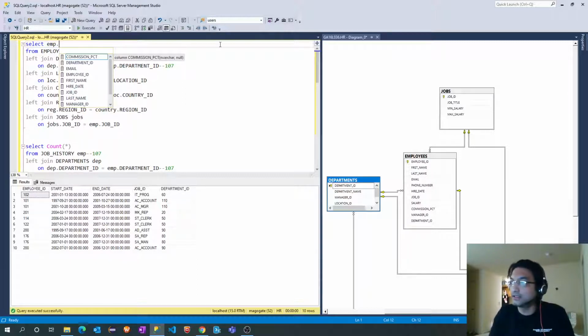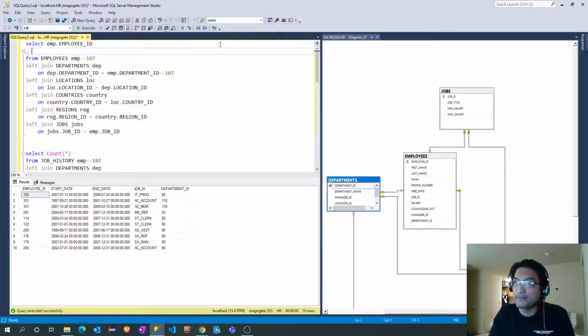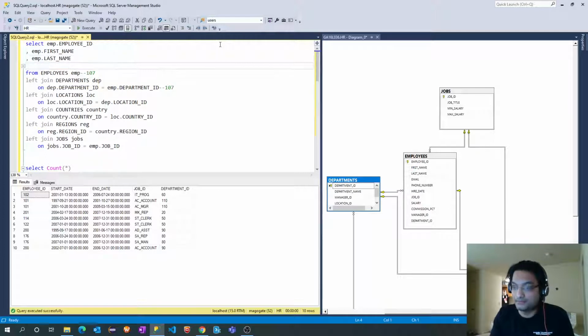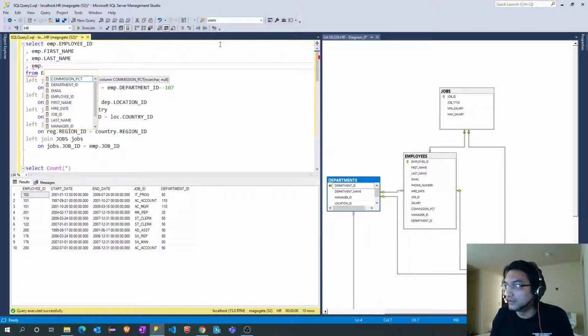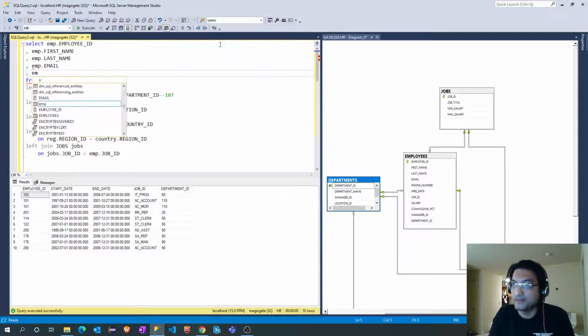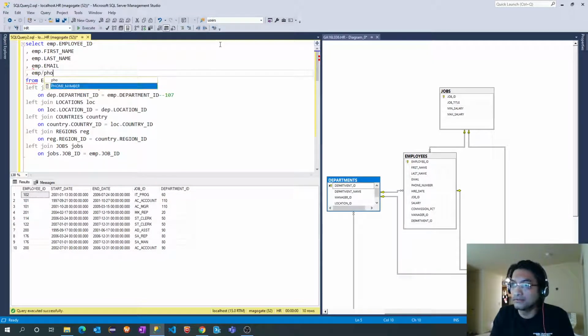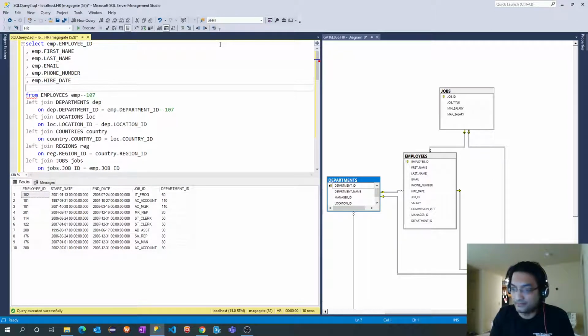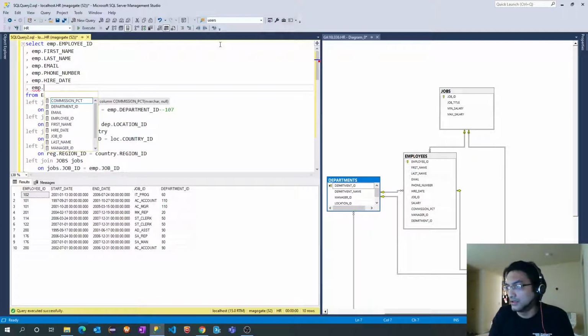So let's add that: employee ID, emp dot first name, emp dot last name, emp dot email, emp dot phone number, emp dot hire date, emp dot job ID.